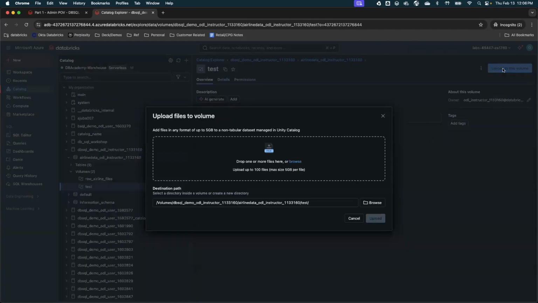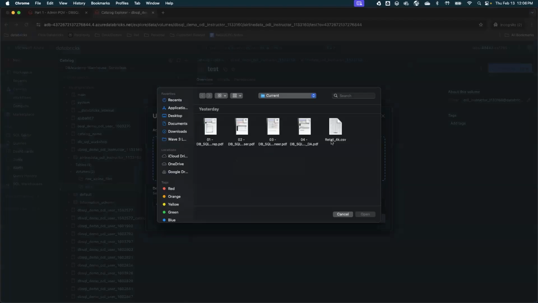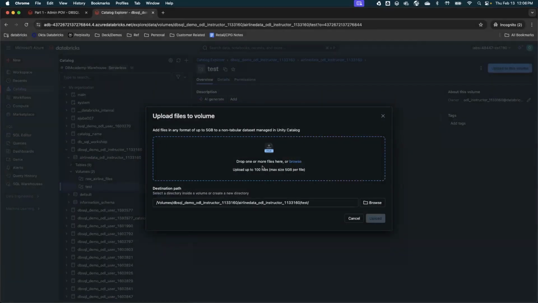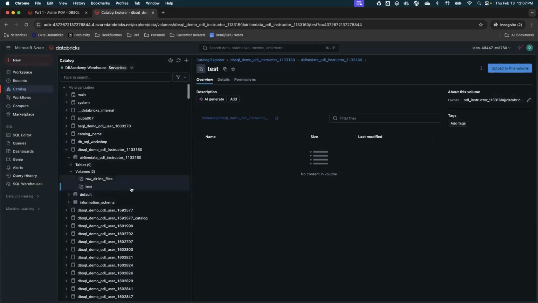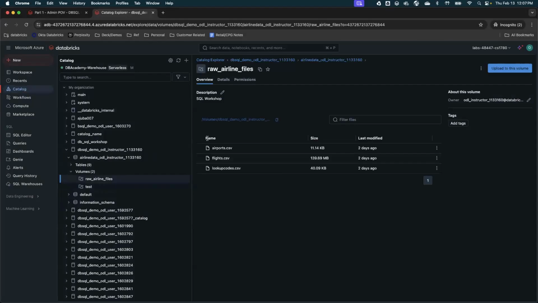Then you can browse, select whatever file you have selected, and upload it. The limit of each file is max 5 GB. Once you do that, you will be able to see that file in your volume like here. So that is how you upload any file into volume.